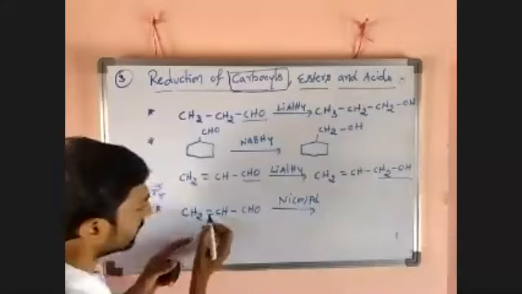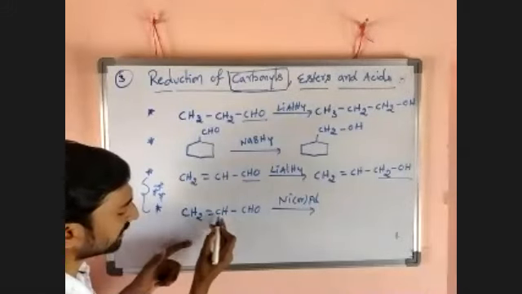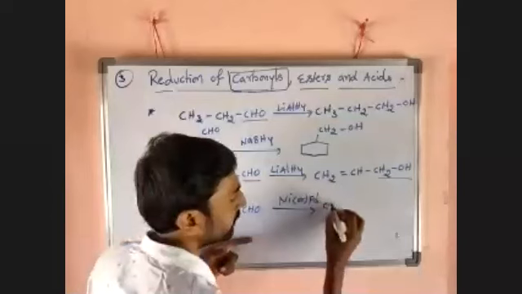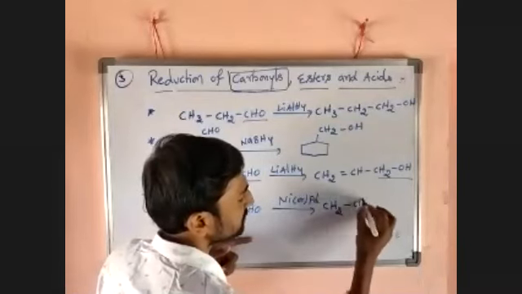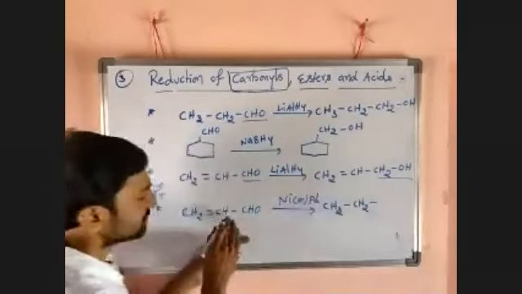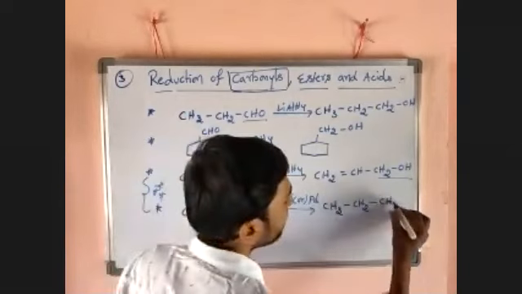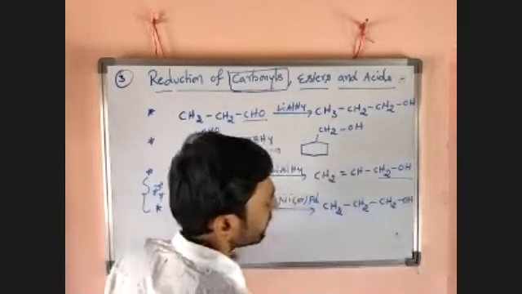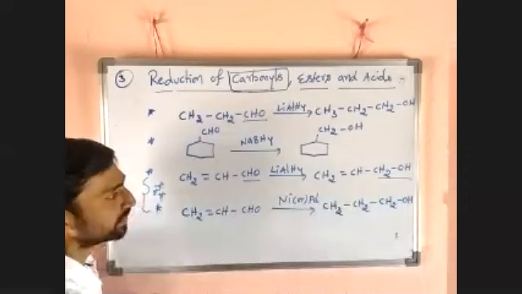What will we get after clearing this bond? Add H here. Now it will convert into CH3, CH2, and the CHO will convert into CH2OH. Here an important point is: